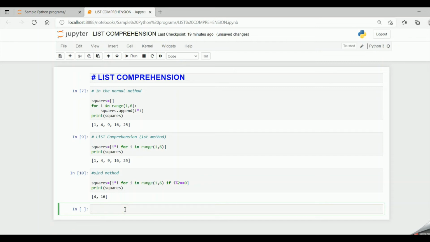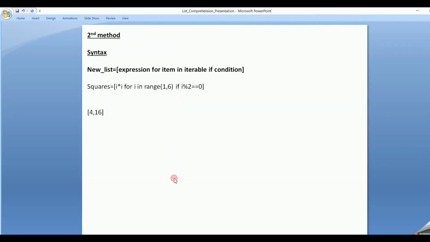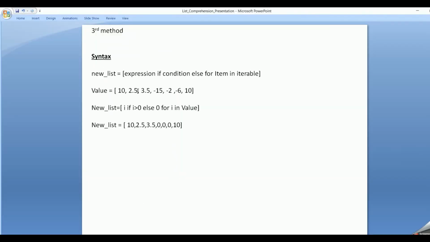My third method will be with the if else condition. So let's move on to the third method, expression if condition else for item in iterable. Here I am having a value which is having 10, 2.5, 3.5, minus 15, minus 2, minus 6 and 10.